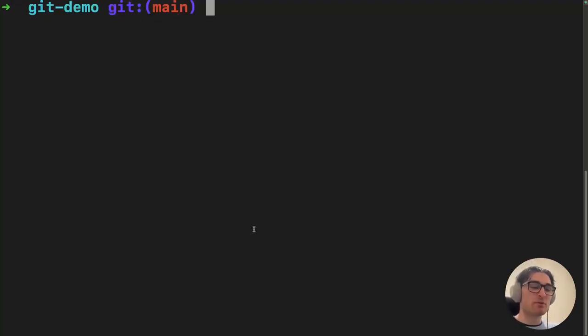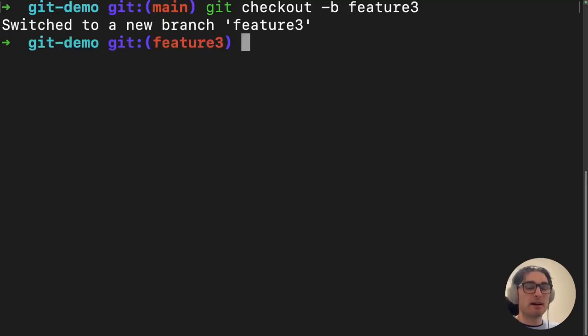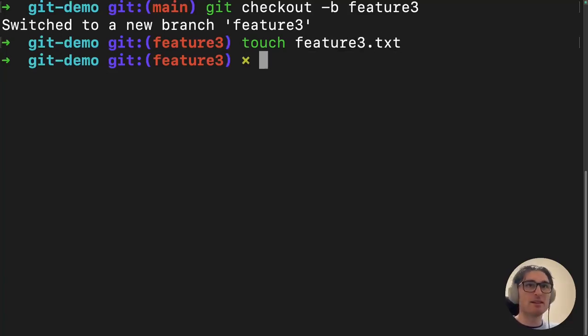In order to create a branch and do so with GitHub, we can follow the same process that we have done so far. We can check out to a new branch, and we'll call it feature 3, like so. And then we can maybe just create a file, feature3.txt. And then if we open this in VS Code,